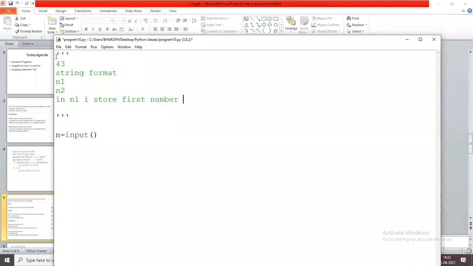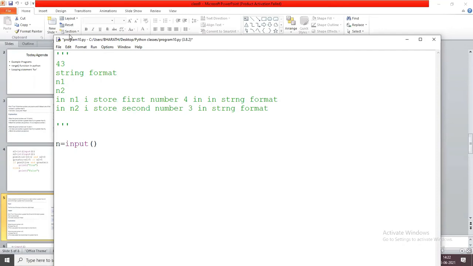What is N1? 4, in string format. Similarly, in N2 I store the second number, which is 3, also in string format.